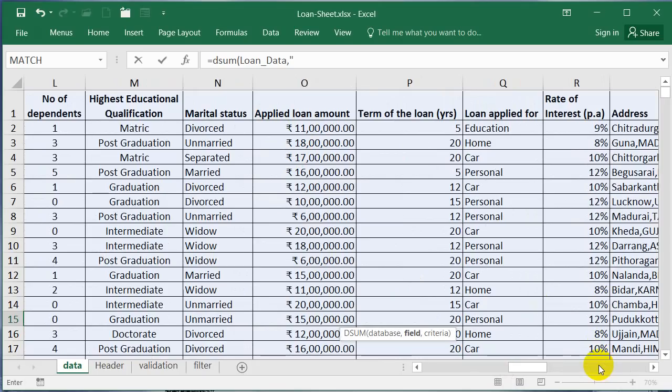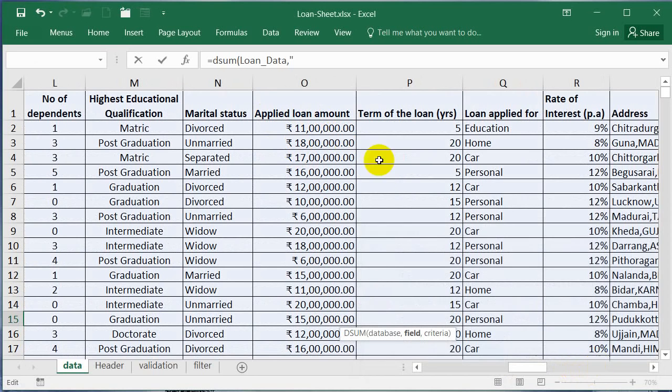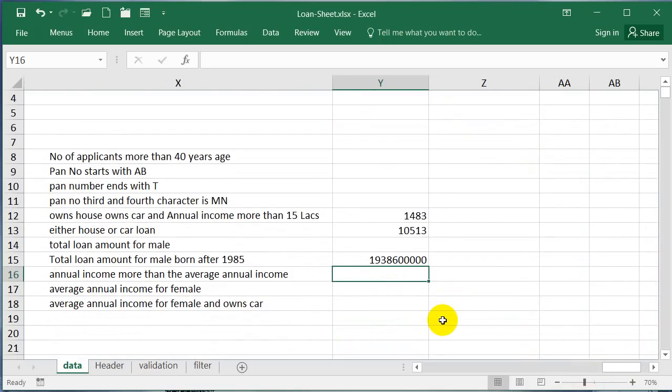Applied loan amount, right? So I'll type this, and then comma, and criteria is these two. Press enter. You get this, and you can check it up with COUNTIF, etc.